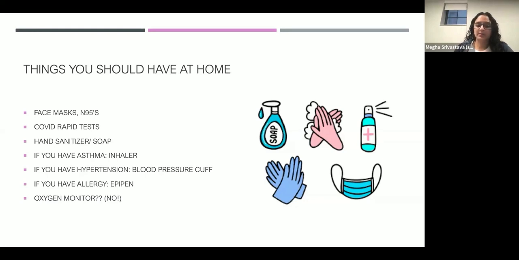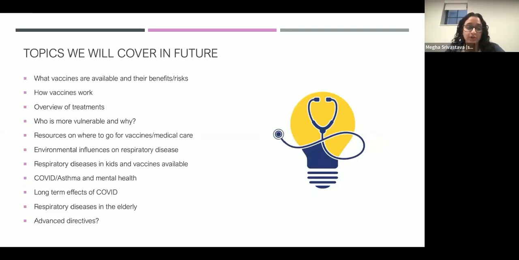Oxygen monitors are sometimes a question I get in general for respiratory illnesses. You don't need one, because a lot of times it can be confusing what the number means for you. If you have COPD, an okay number is actually a little lower. So that's something to talk about with your doctor as well. I just wanted to give you guys a general overview, at least, of what vaccines we want people to get right now, what vaccines I support.